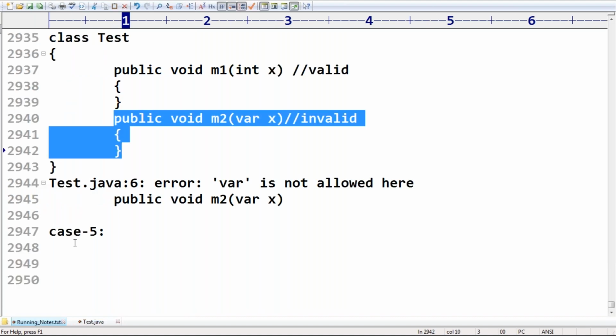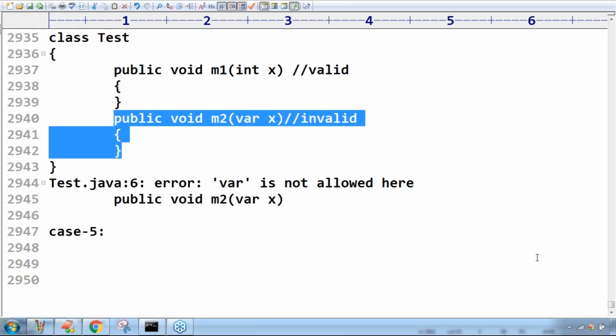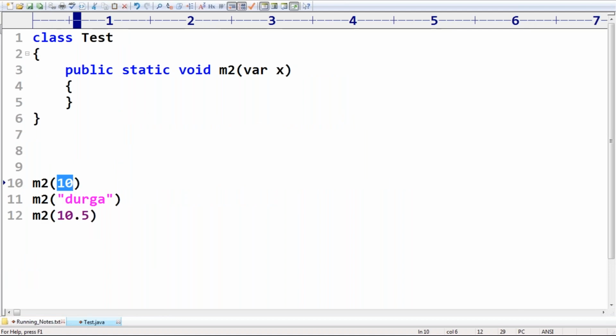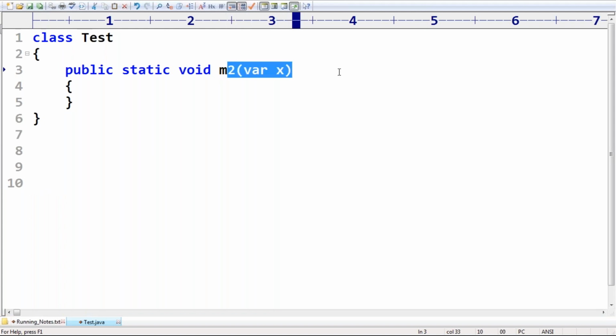Yeah, good. Now observe, Raja, you are asking some other doubt. What's your doubt? Right. Can we use var for String array args? Are you talking about the main method? Yes, only for the main method I want to replace it. Is there any chance? Because it's a local variable. No, not possible, because the compiler is never going to worry about the main method. Okay, he's asking whether for the main method it is possible to declare like this or not.